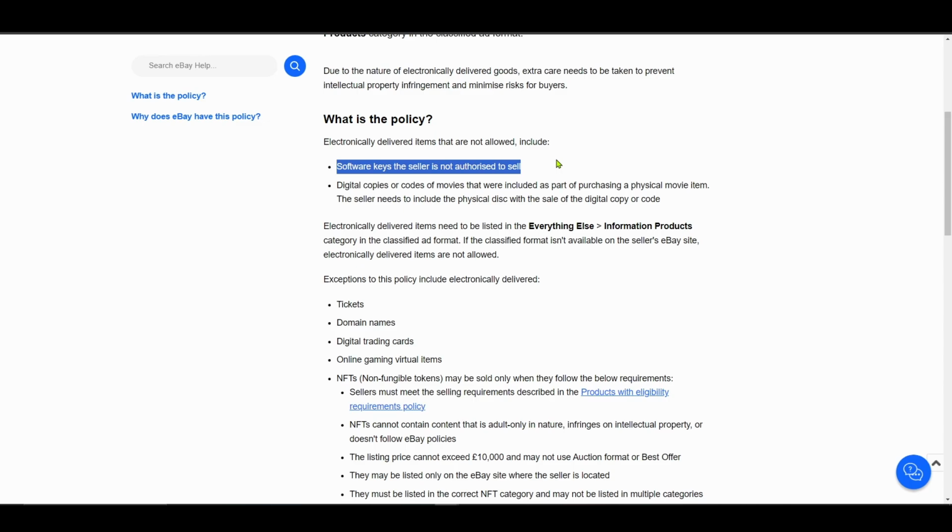So the way that I would get around this, if I was doing it, is to actually probably have a registered business and try and get a wholesale deal. When I was doing this last time, I was drop shipping, I actually got all my listings taken down by eBay. But we'll come on to that now. But essentially,